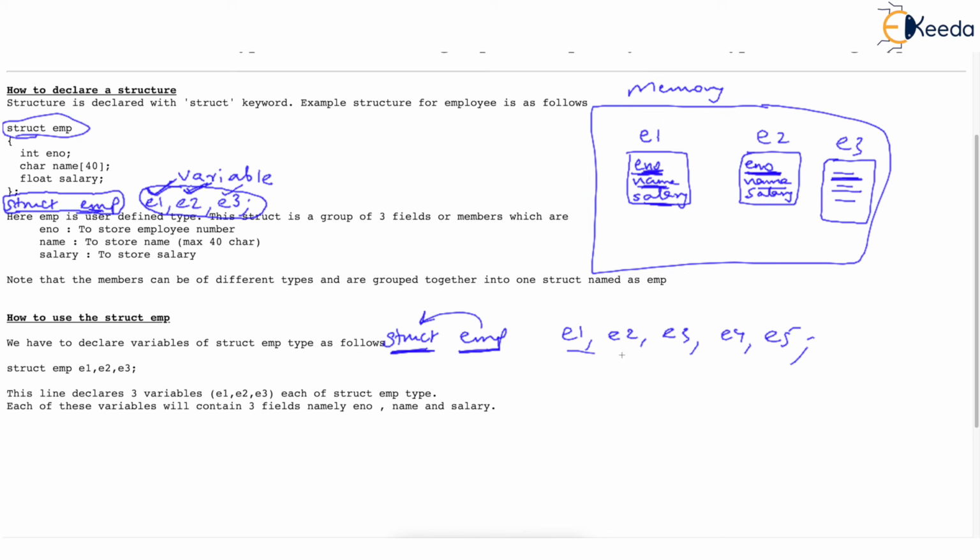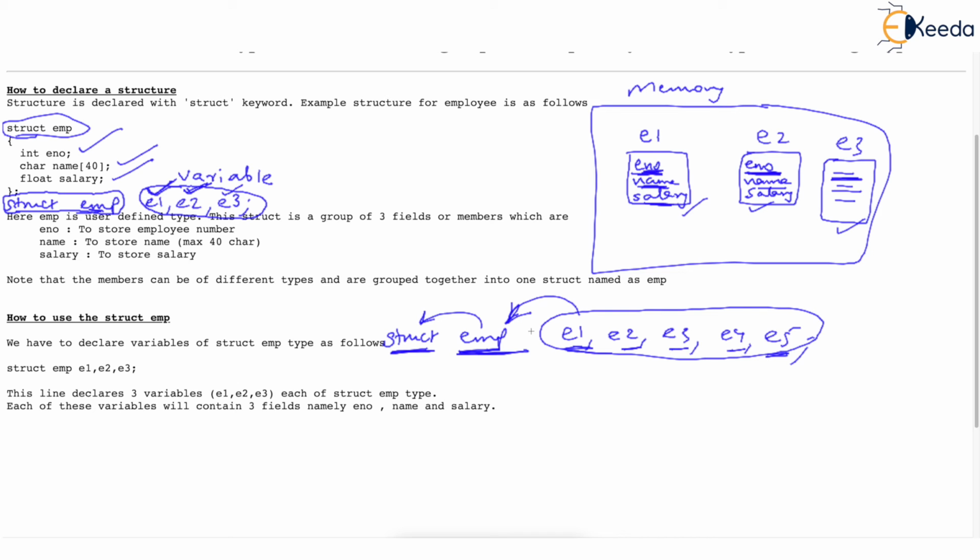So we read this as E1, E2, E3, E4, E5 are 5 blocks stored in the memory. Okay, I'm not drawing E4 and E5. Each one of them will have whatever EMP has. And what is EMP having? Come on, we have written it: EMP has emp number, name, and salary. Then each one of them will have 3 members.